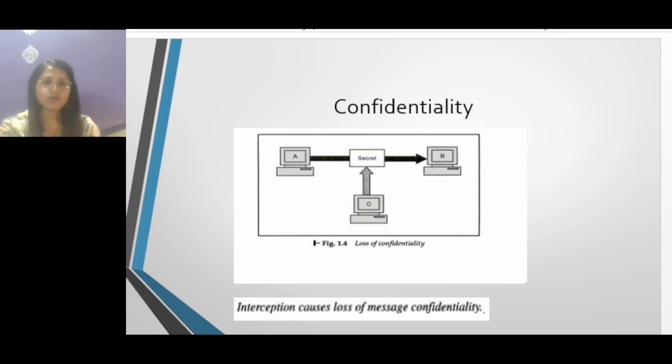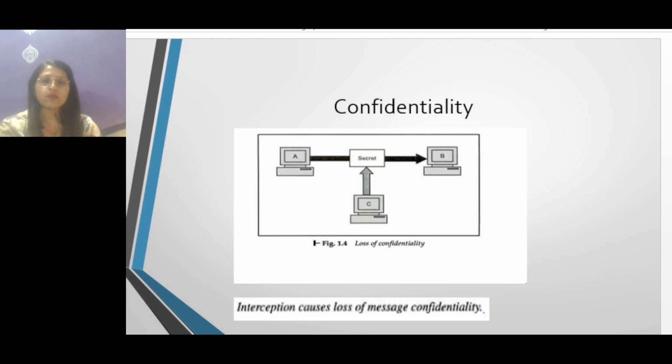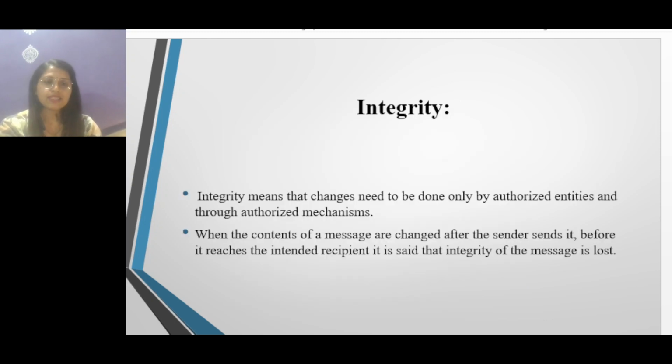I hope that you understood. What do you understand by the word confidentiality? It means only the intended sender and recipient should get the content of the message. If the content of the message is accessible to a third party, then you can say that confidentiality is lost. Next is